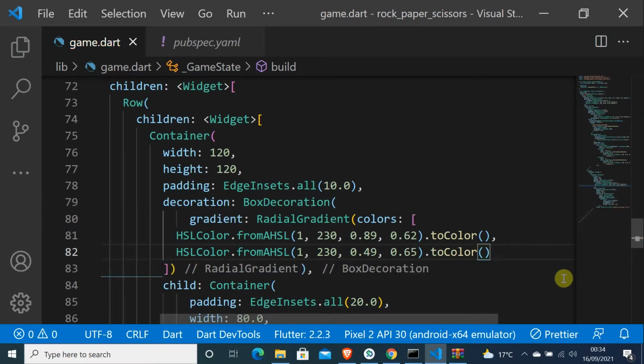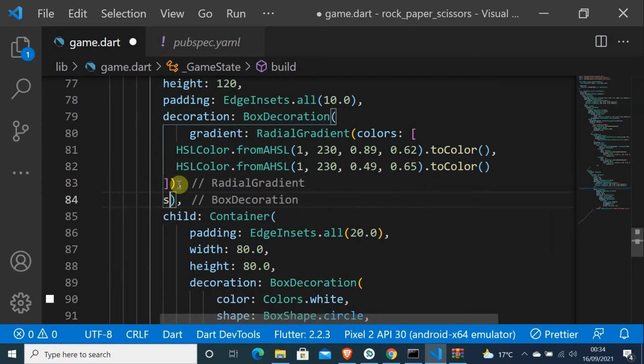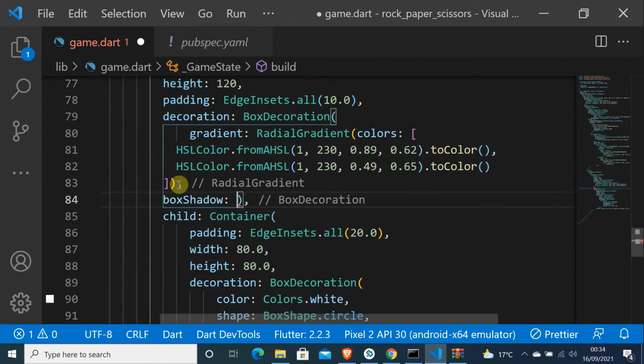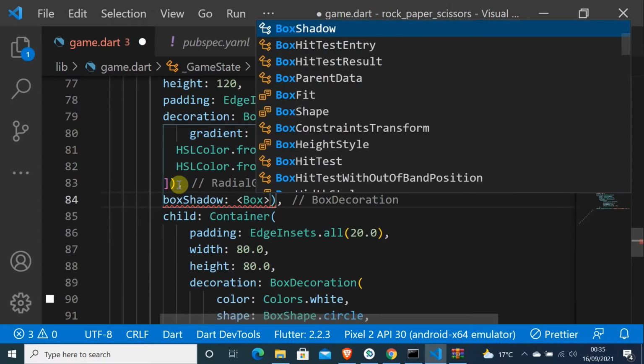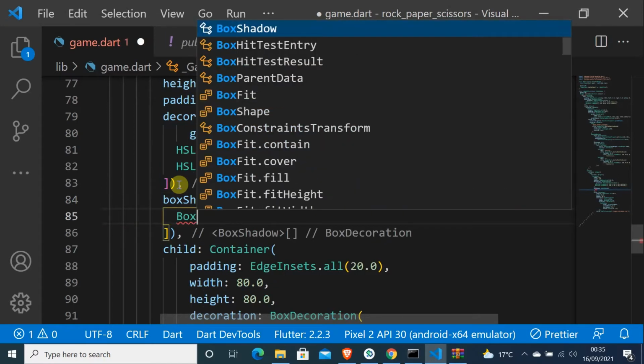And let me save this, and I have to put a shadow. Just here and put the shadow, box shadow, and I have to precise box shadow, and there have to be an array of box shadow,